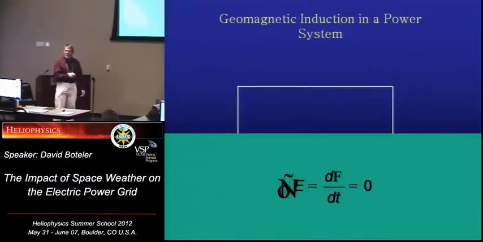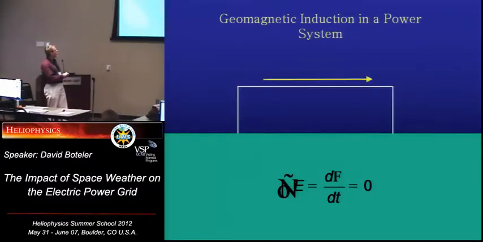But I want to show you how they're wrong about thinking about that. It doesn't mean that there's no electric field. It means you've got to be careful about literally what you're saying. The sum of the electric field around that loop adds up to 0. But you can achieve that in 2 ways. One, by having no electric field there at all. The other way, by having an electric field in the line, that's that way, and an electric field in the ground, that's that way. That's the same. So really what this is saying is that the electric field in the transmission line is the same as the electric field at the Earth's surface.